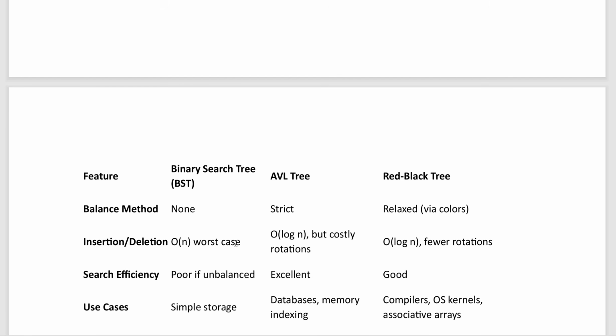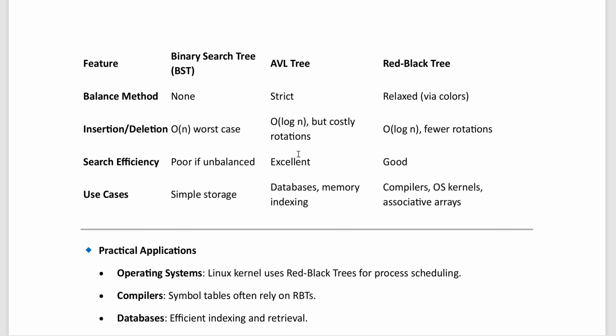Comparison with other trees: we can compare the red black tree with other trees like binary search tree and AVL tree. First feature is balance method. In binary search tree, there is no balance method. In AVL tree, we use the balance method. In red black tree, the balance method is relaxed. That is,